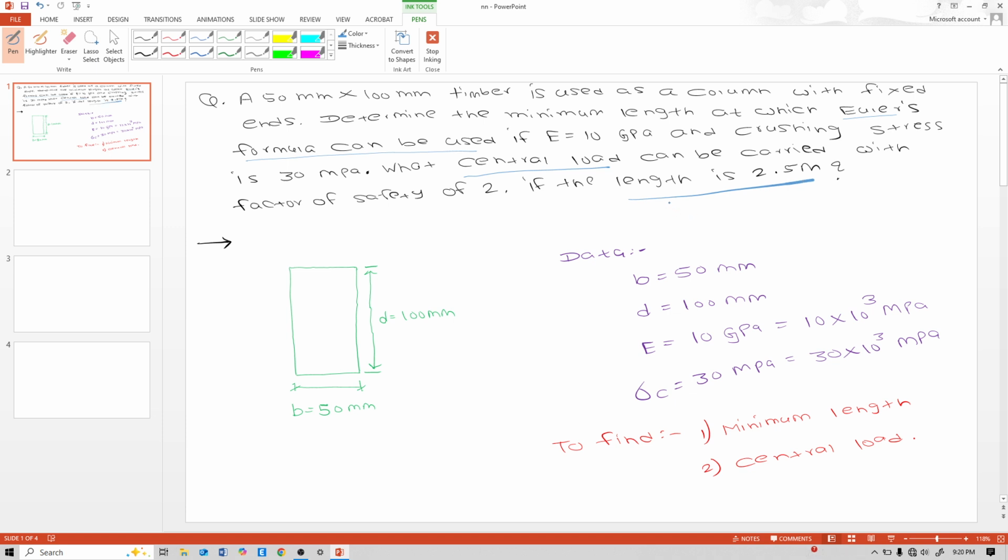So first understand the solving methodology of this numerical, and before that understand this problem statement. Minimum length and central load, and the minimum length we will find at which Euler's formula can be applicable. So for that,